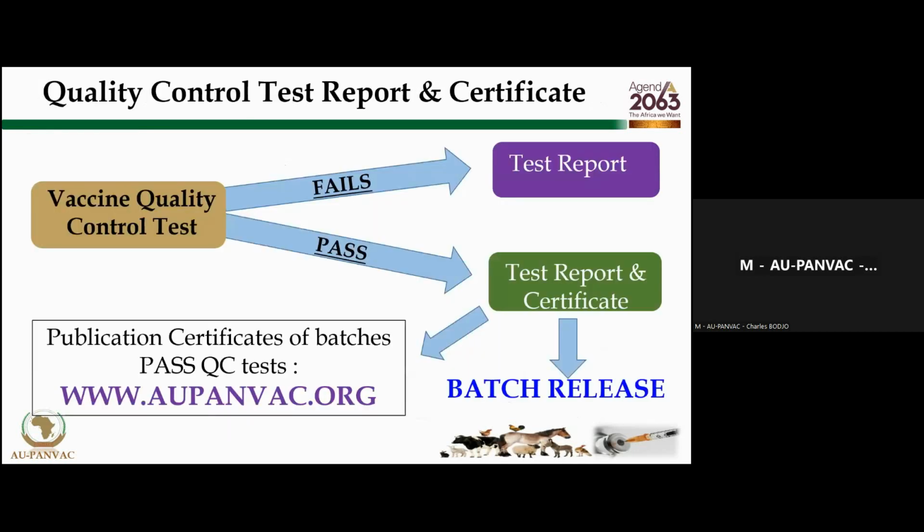When a vaccine passes the quality control test, we issue a test report and certificate, and the certificate is published on our website. When the vaccine fails, we just issue the test report. We really advocate consulting our website to know which vaccine batches are certified, so you can also see which laboratory submitted the vaccine for quality control if people want to procure